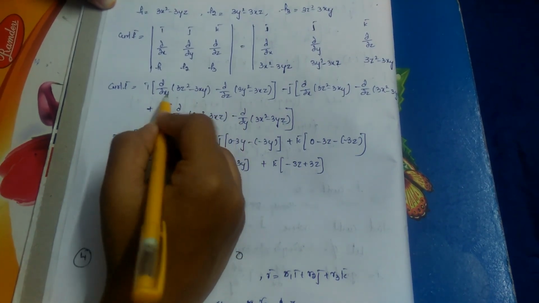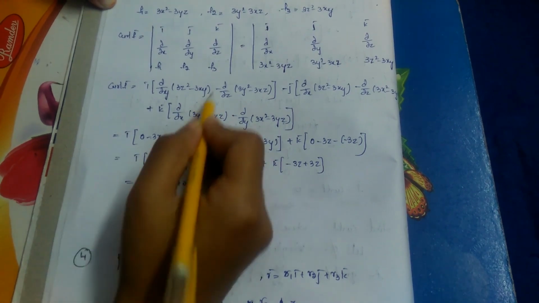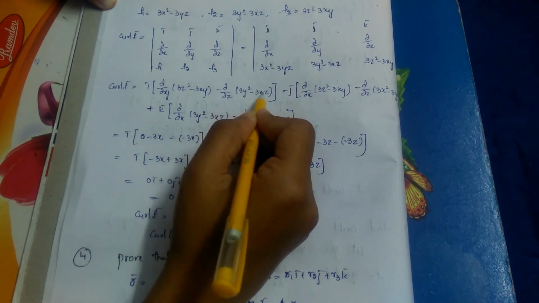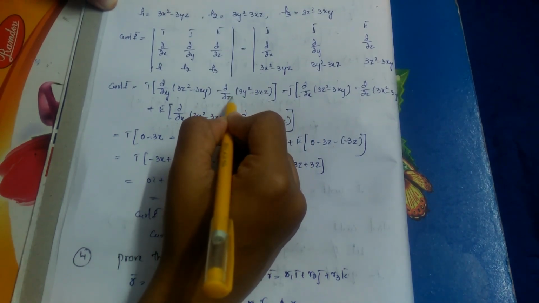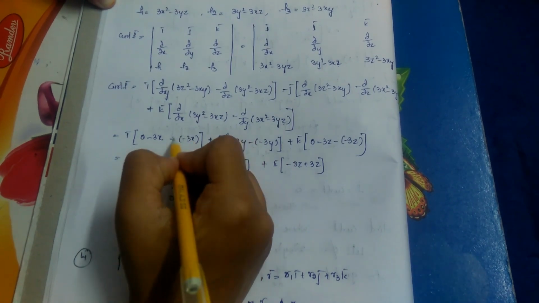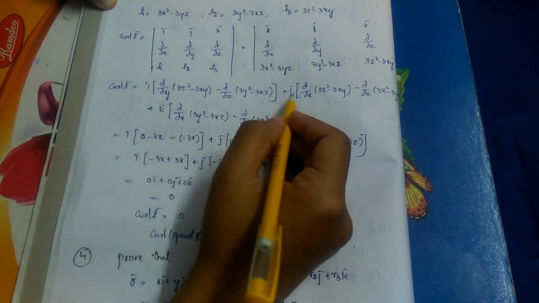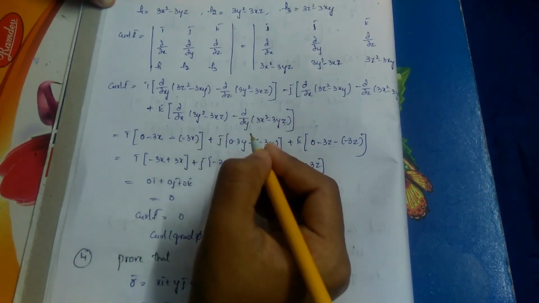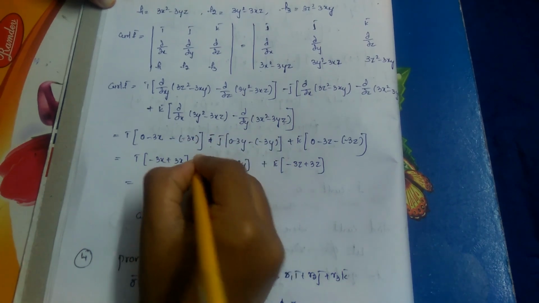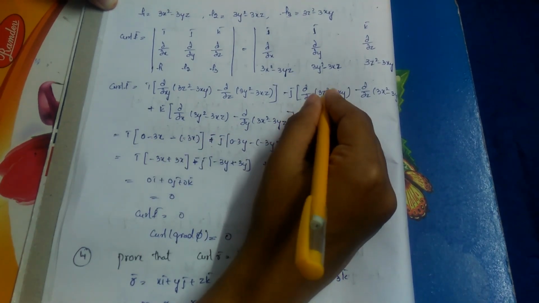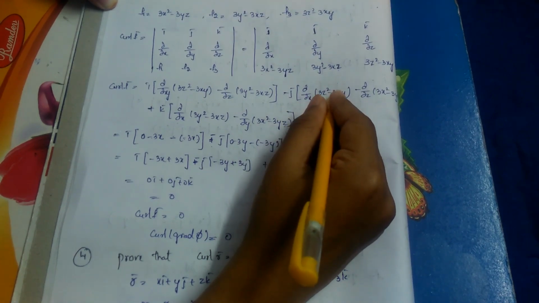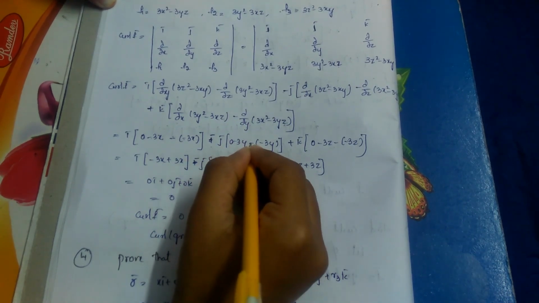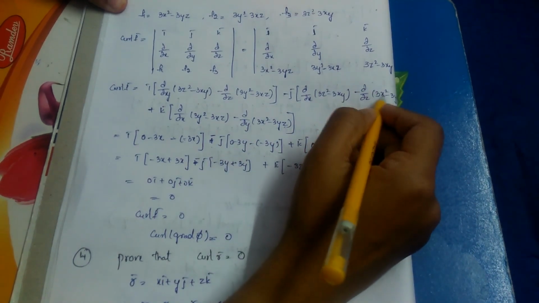So we get 0 minus 3x and here minus 3y² differentiation becomes 0. In this minus 3x is constant and z differentiation becomes 1. So we get minus of minus 3x. And the same here also we get minus. So minus j bar of, here the 3z² differentiation is 0 and minus 3y is constant and x differentiation is 1. So we get 0 minus 3y and minus of 3x² differentiation is 0,